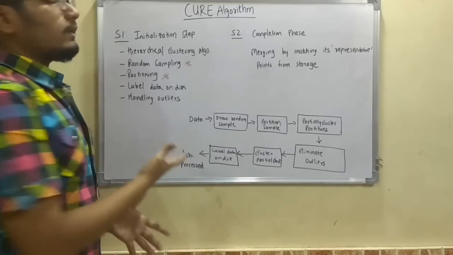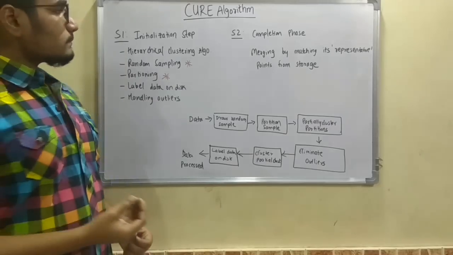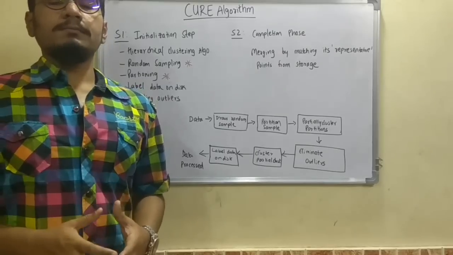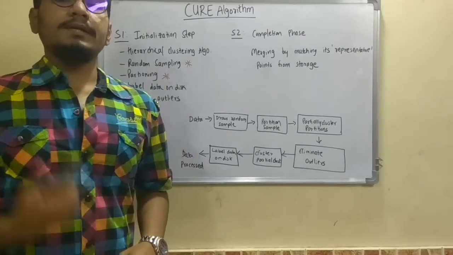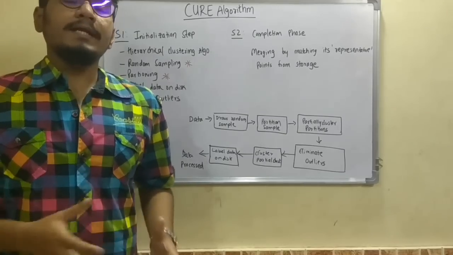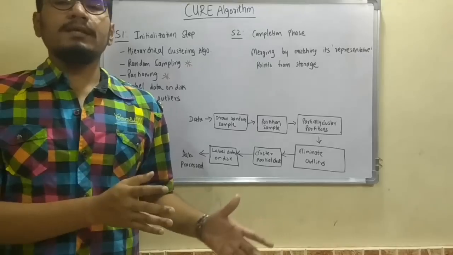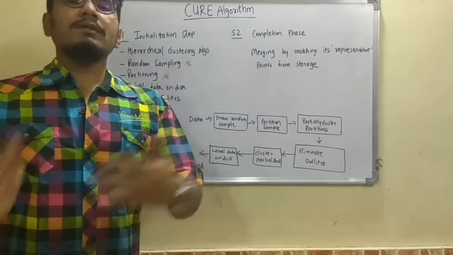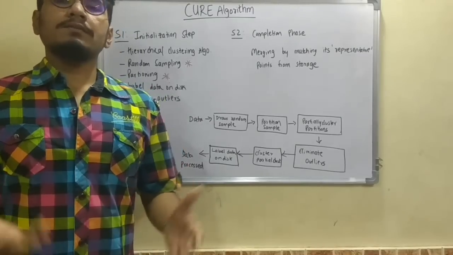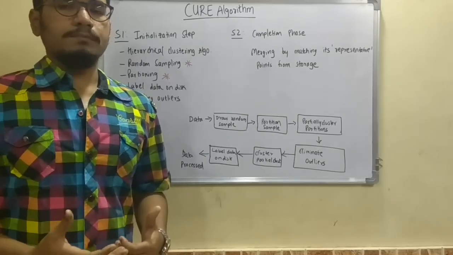Let us go into the detail of the CURE algorithm for big data. While starting, there are three main features of CURE that you need to understand. First, the CURE algorithm is used for identifying both spherical as well as non-spherical clusters. Usually there are separate algorithms for spherical and for non-spherical identification, but CURE considers both and provides an optimal solution.